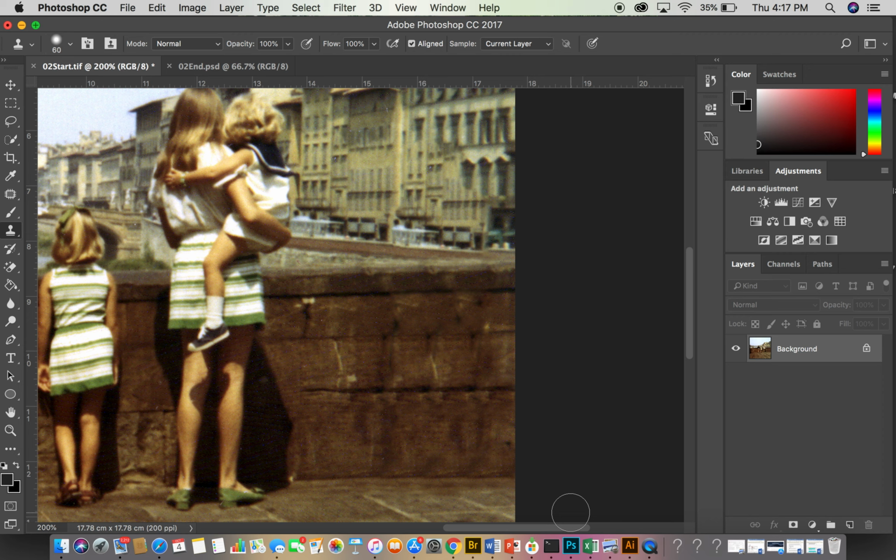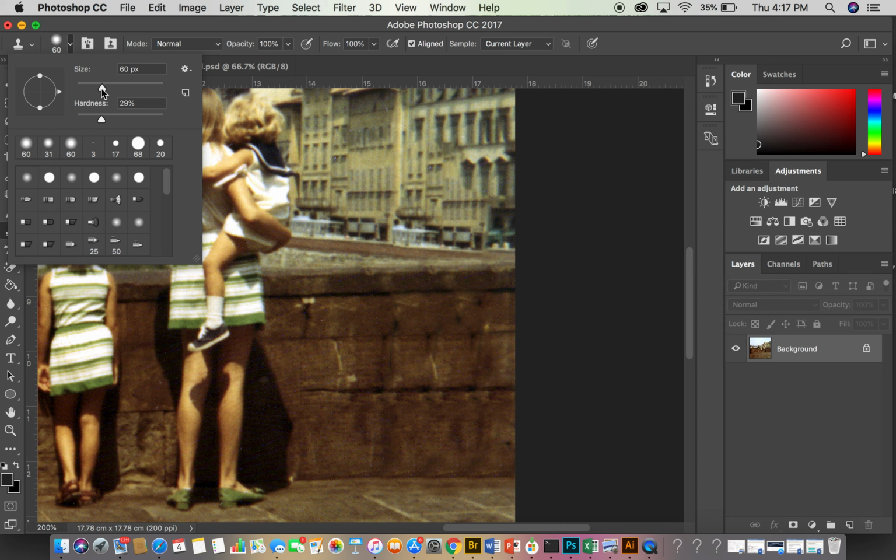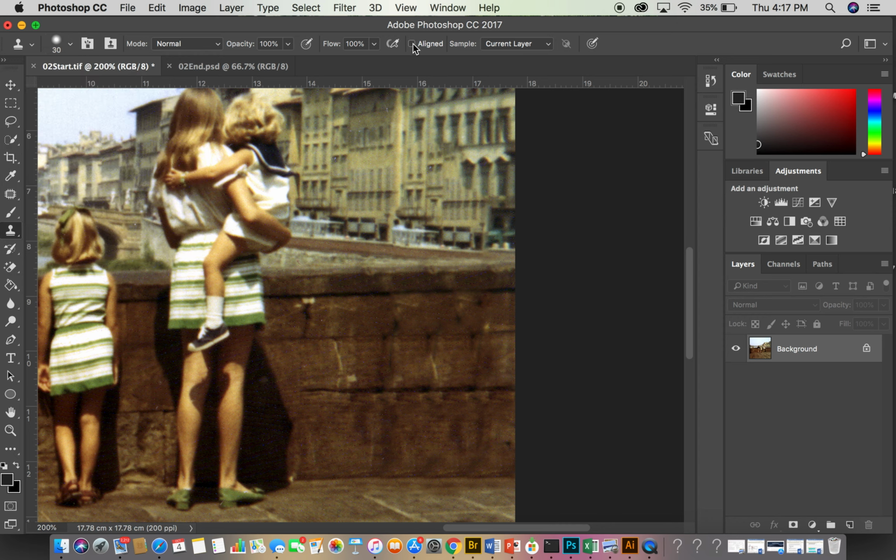Now what we're going to do is actually build in some more of these windows up here. So what you need to do is choose a smaller brush size. Let's go up here. Just choose this. Let's reduce this maybe by half. And we're going to deselect aligned. And then we're going to select a source point over the rightmost window. So again, hold down Option,